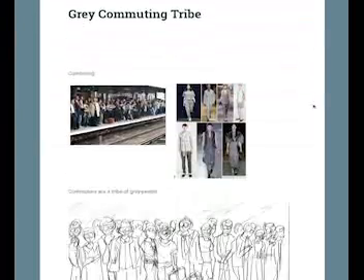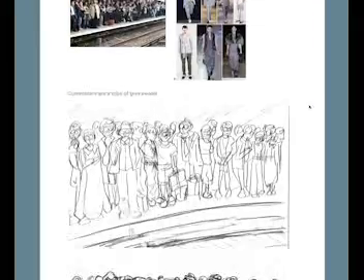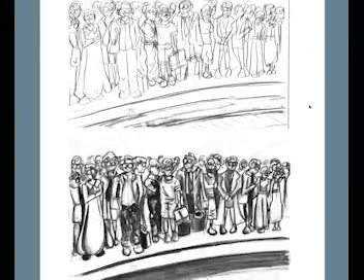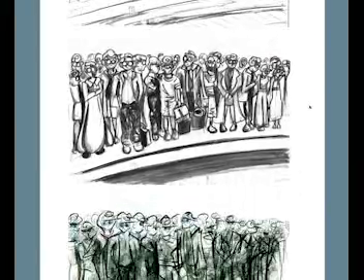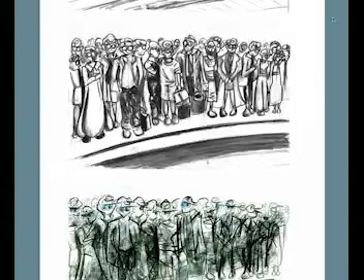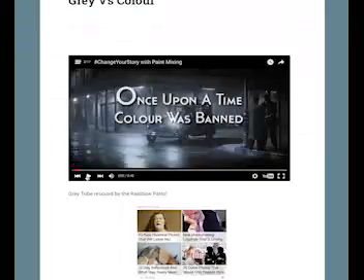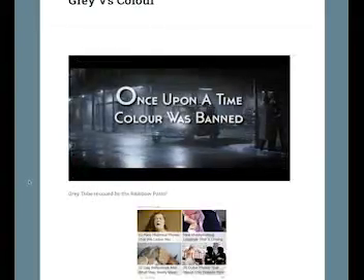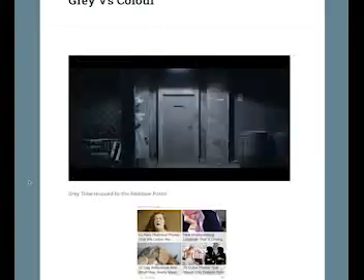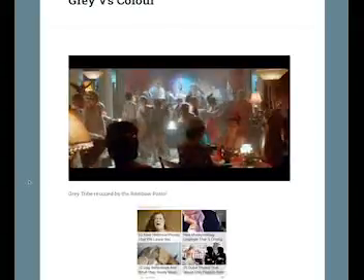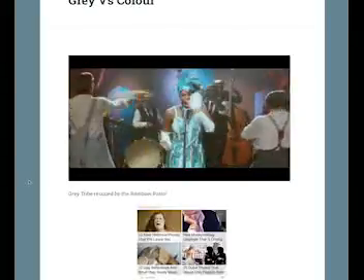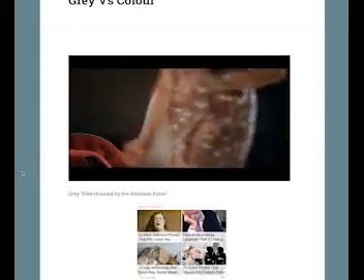So combining these two ideas of commuters and the Vogue images, I created this futuristic imagery of what the Grey Tribe could be. Another influence was the Dulux adverts, where it talks about colour being banned and everyone lives in this grey world until they explore something new and all the colour turns something new.